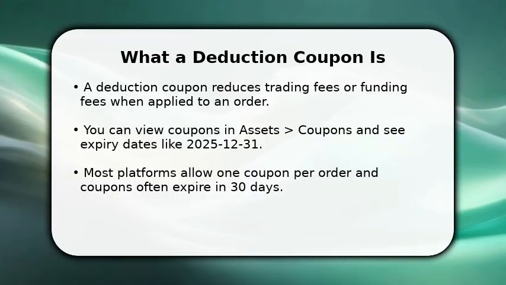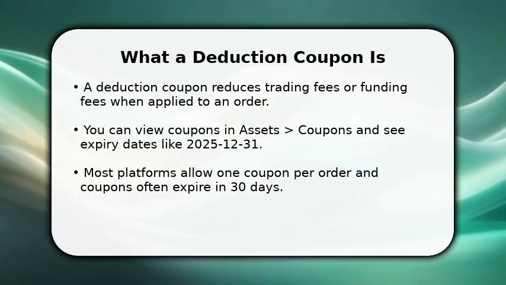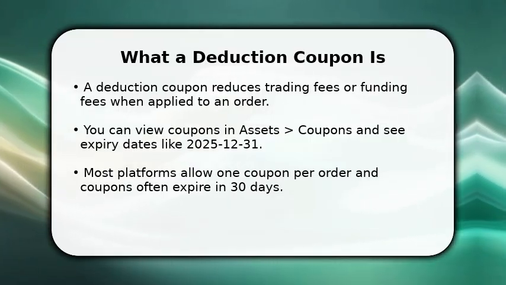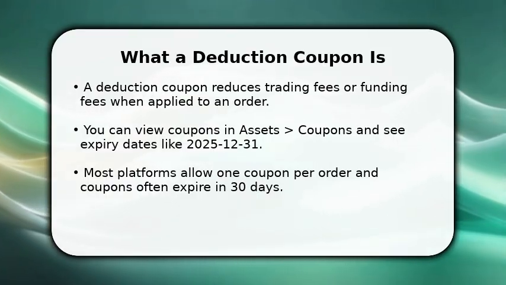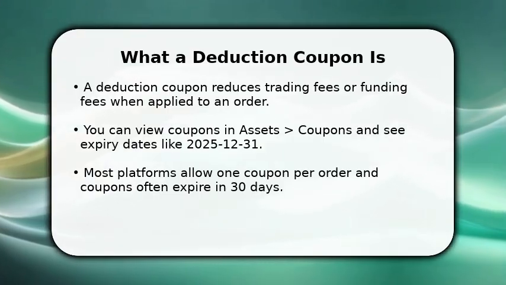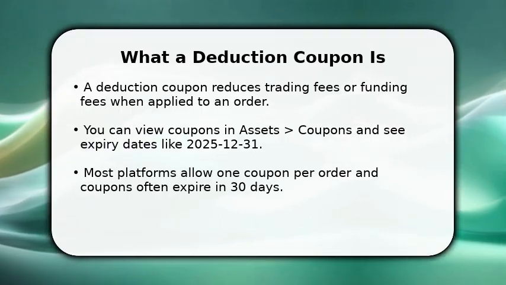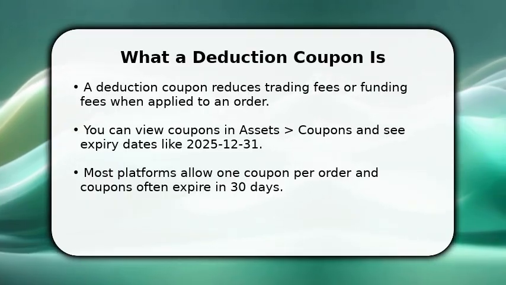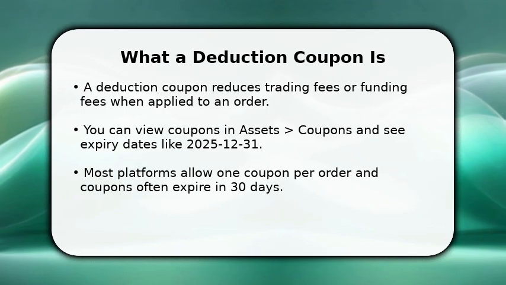A deduction coupon is a prepaid fee reduction that you apply to trades to lower trading fees or funding charges. On Kucoin, you locate coupons under Assets Coupons, where each coupon shows its expiry date like 2025-12-31 and remaining uses. Coupons typically apply to trading fees and sometimes funding fees. They are not the same as discounts for deposit or withdrawal costs. Note that most coupons are single-use per order, so you should track the one coupon allowance and expiry to avoid